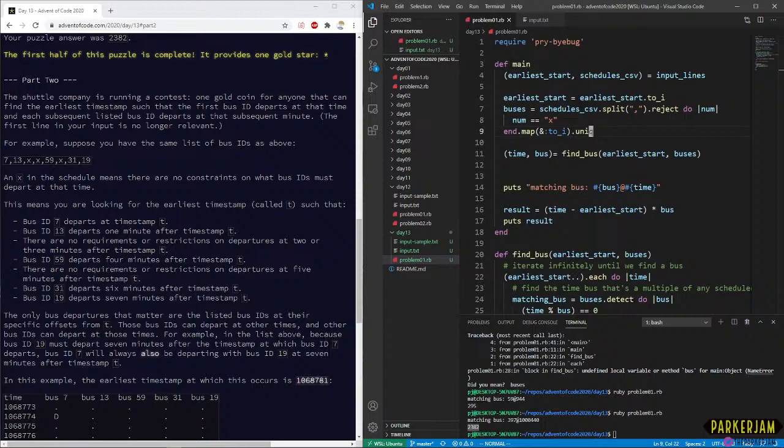Try and find the earliest timestamp such that the first bus ID departs at the time, and each subsequent listed bus ID departs at a subsequent time.